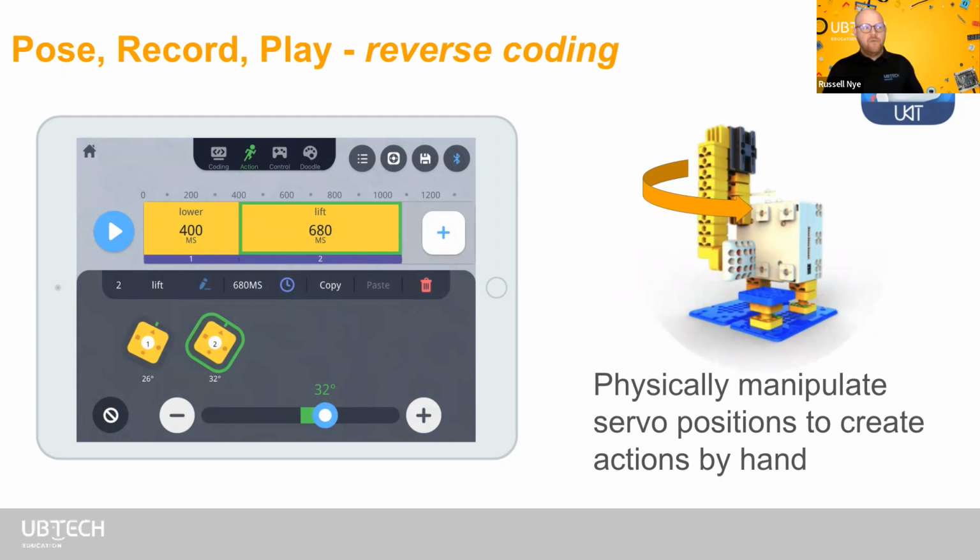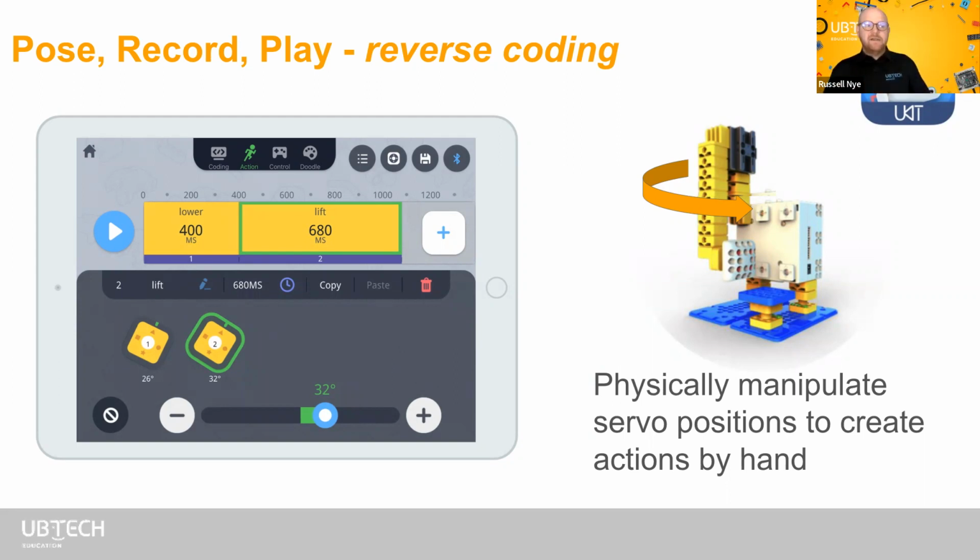This is another way where students can interact with the robots via a reverse coding methodology. So what this is, students can physically manipulate, they can move their servo motor to specific positions with the intention of recording those movements and putting them back into their code,